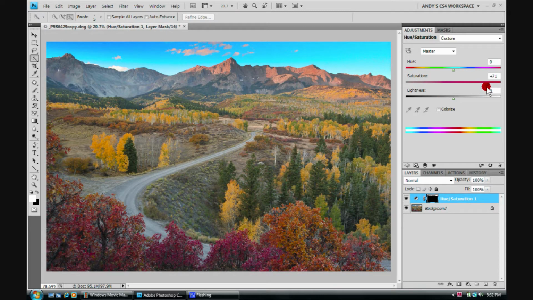Real handy, as you might imagine now. So let's put a realistic number in, perhaps 15. Let's toggle that on and off. And our sky's getting a little bit more saturated. Very nice. Notice now, we'll talk about this later on, but our adjustment layer now has a mask in it